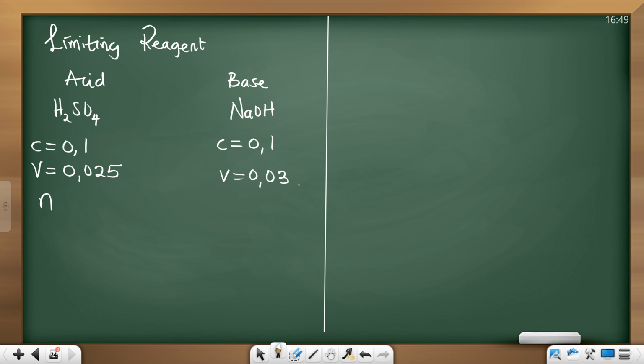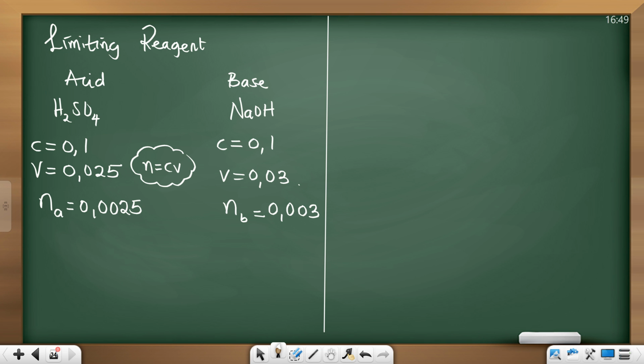0,03. Please get me the number of moles of the acid and get me the number of moles of the base. What formula are we using? n equals CV. Quickly. I want us to get done here. This one here is 0,0025, while this one is what? 0,003. I still cannot determine which one is more. Please, I can only determine by mole ratio. But we're saying, when we took the acid and the base, this is what we're mixing. Are you with me? Number of moles of the acid, 0,0025. Number of moles of the base,